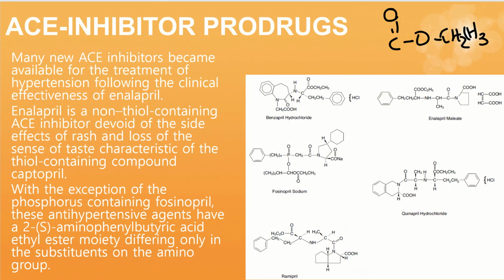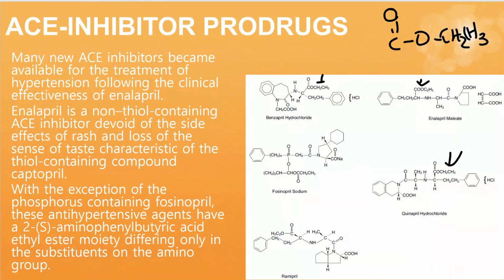So we have an oxygen that's bonded to an ethyl, that portion there, or ethyl ester moiety. So we have to note that part, and they all have, for the most part, the